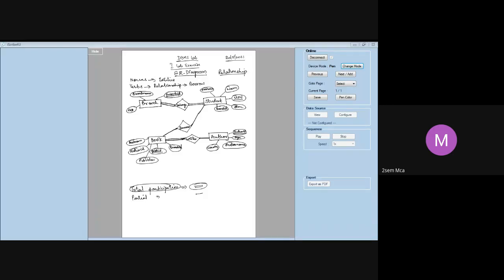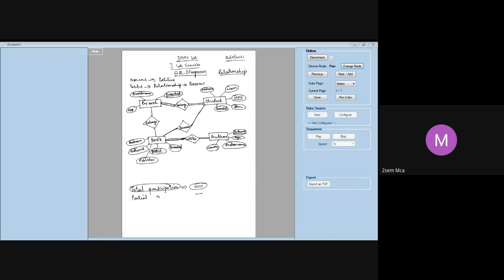Okay. Now, when we look into this, branch and book also have to be linked, because look at the book entity. There is something called branch ID, which is an indication that your branch and book have to be related. So I should have a relationship between branch and book. What can I write? Book belongs to a branch. It may be a computer science book, a mechanical book, an electronics book. So let us say some book belongs to a branch.